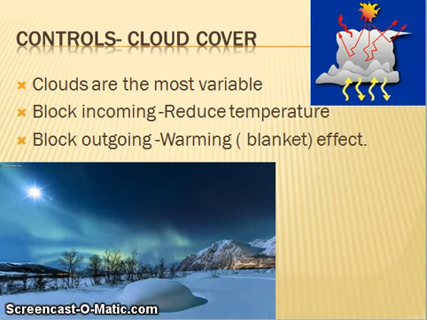And so, as we talked about in earlier chapters, clouds block that incoming solar radiation so they can reduce temperature, but they also can block outgoing radiation, which would create sort of a blanket effect and keep the earth or the area warmer. And you guys know this: on a cold, clear night when you can see the stars, it's much colder than on a night where you've got some